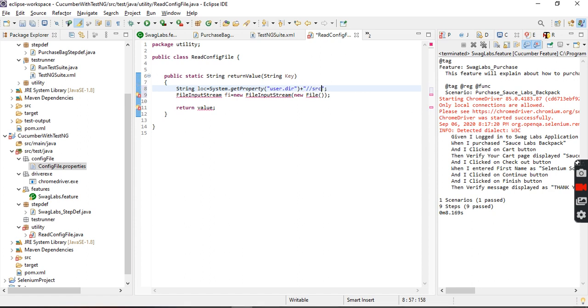Then we need to add a double forward slash, src, test, java, right? Where is the folder name? Config file. What is the file name? ConfigFile.properties.